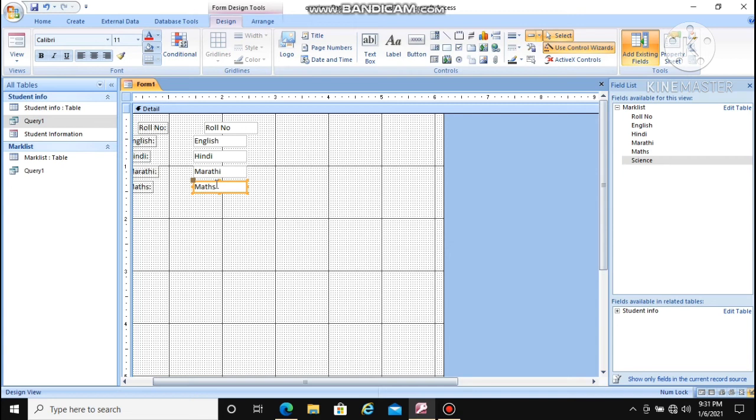For that we are going to see two types of control buttons, that is the combo box or the list box. Combo box is the combination of list and text box, and the list box is used only for the list.